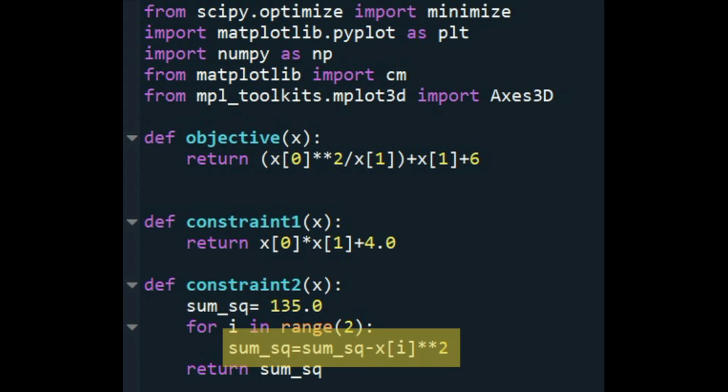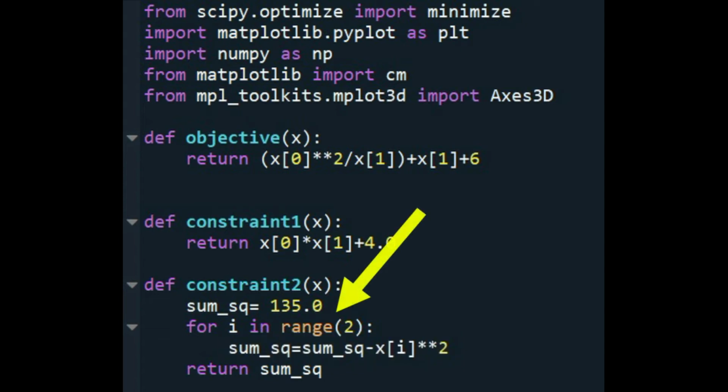For now, let's define it as an equation where the sum of all the variables squared should equal 135. So, a for structure was created where the variable y goes from 0 to 1, that is, range is equal